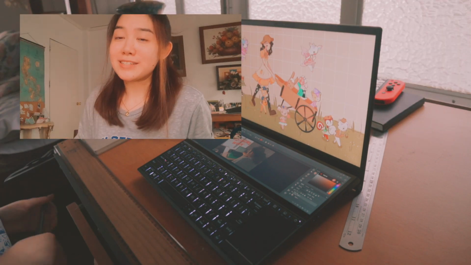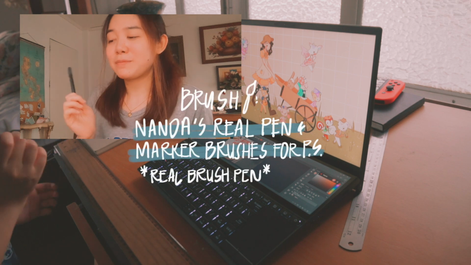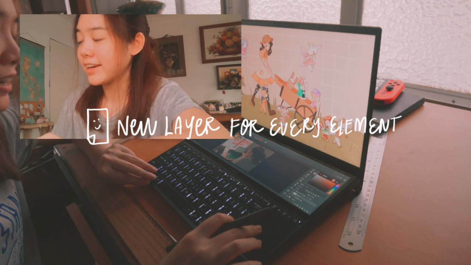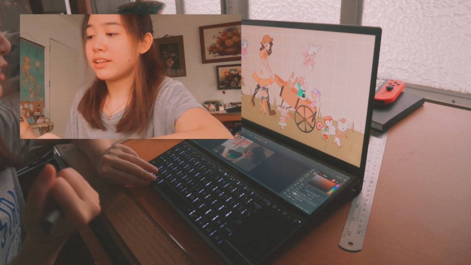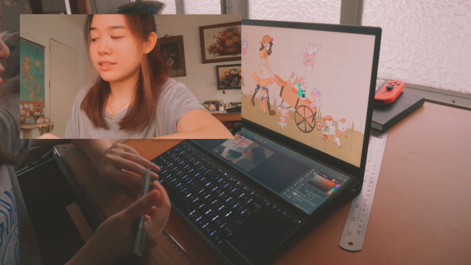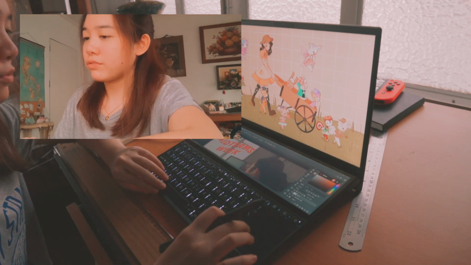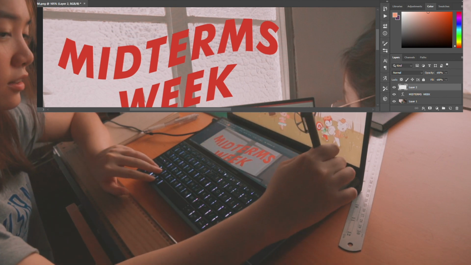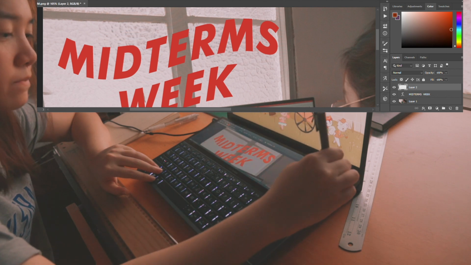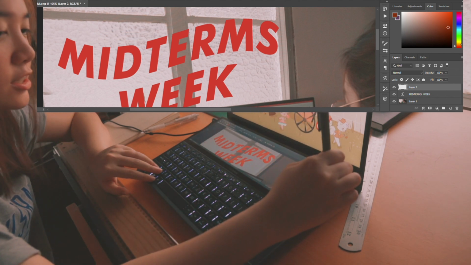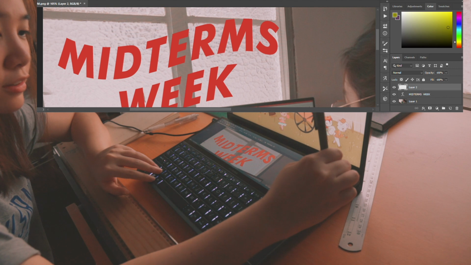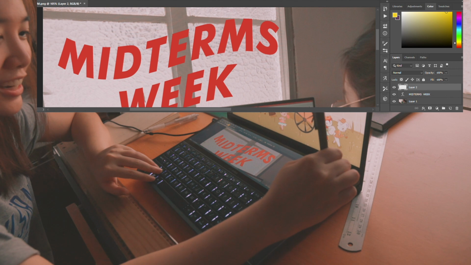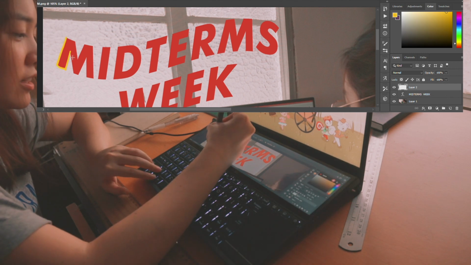So the next part is when I would use my stylus. You have to make sure that you have a new layer before you write on the text, because if you make mistakes, then you won't accidentally erase the text as well. So B for brush. I think the orange is a bit too light, so I'm gonna go for a darker shade. Or if not a darker shade, we can also go with another color. So you gotta have your color theories right. I hope this works, so I'm gonna go trace this.